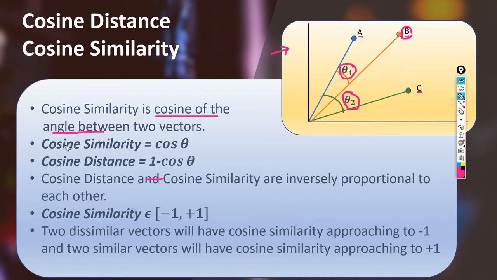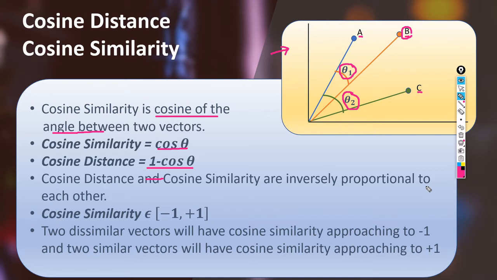So the formula of cosine similarity is just cos theta, the cosine of the angle between two vectors. And what is the cosine distance? It is 1 minus cos theta. So cosine distance and cosine similarity are inversely proportional to each other, and it makes sense: if the distance is more, then the similarity is less, and if the distances are less, then the similarities are high.